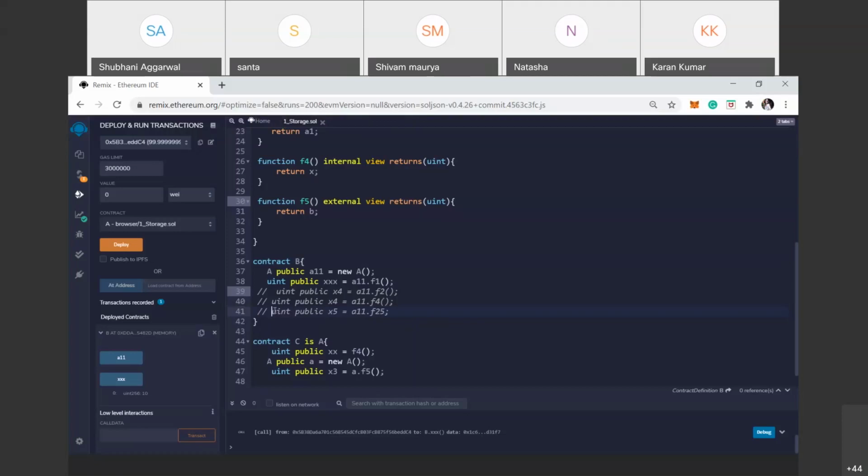Otherwise, you can call only public functions. Clear? Any doubt regarding the function visibilities? We have discussed the 4 types of visibility: internal, external, public, and private.